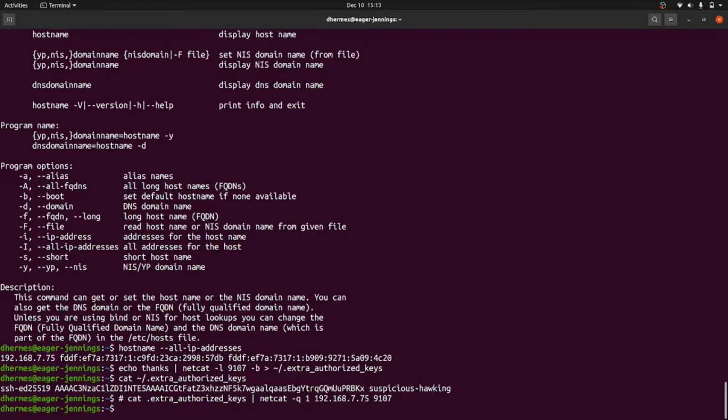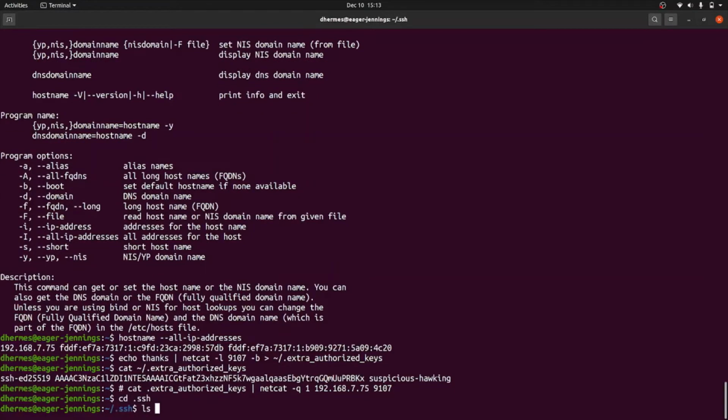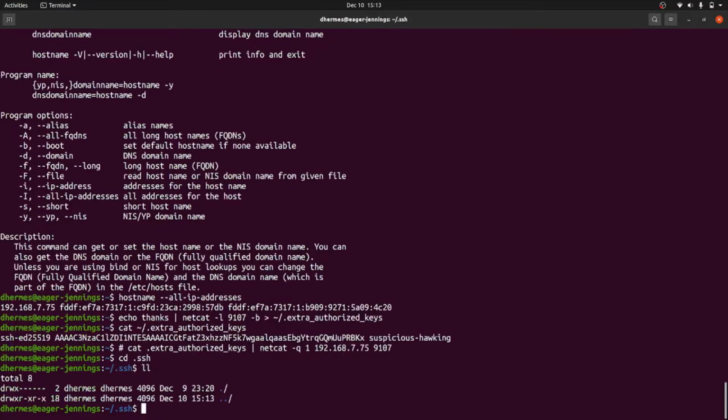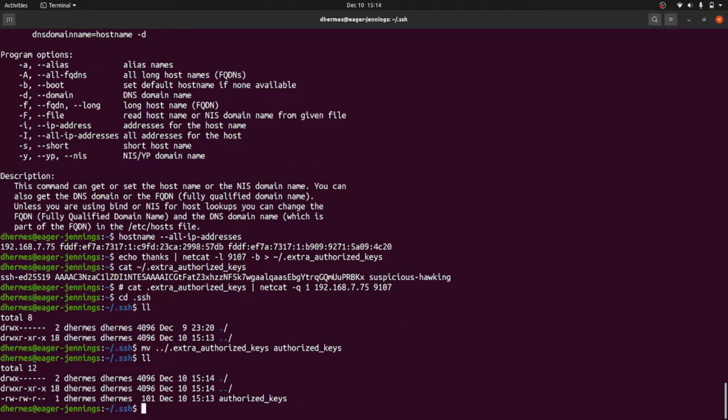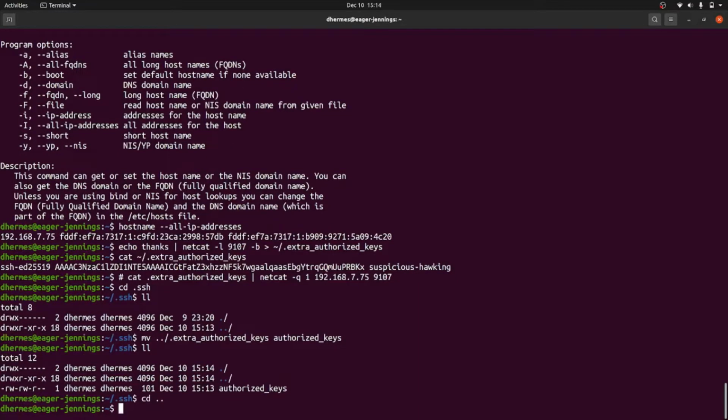Okay, so this public key is what we wanted. Let's see what we've got going on here. Okay, nothing. Great. We'll just move that file to authorized keys here. And the permissions are good on authorized keys. Great. So we should be able to SSH in now